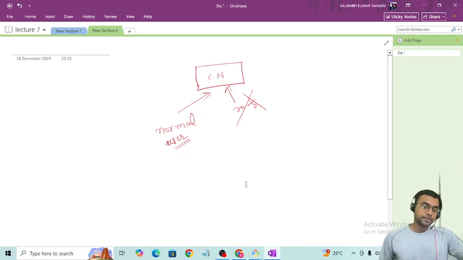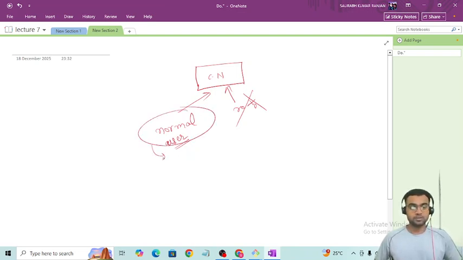If we create the normal user, there are some challenges. What are the challenges with a normal user? A normal user can do all the work done by the root account,